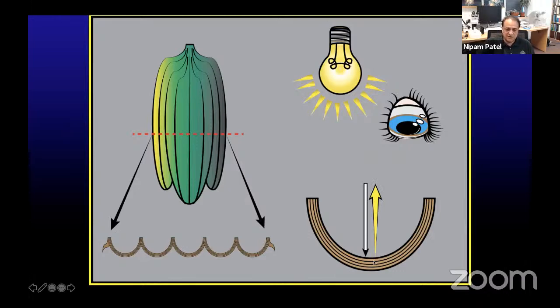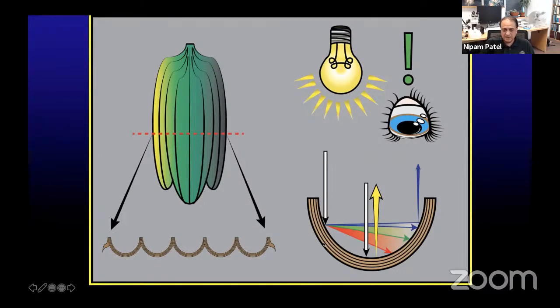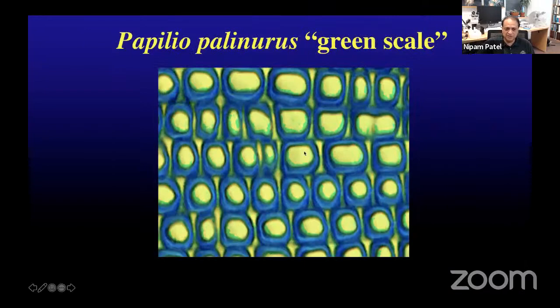But light that hits the edge of the dimple is seeing a different spacing between these layers. And so you get a retroreflection of blue light. So it's this yellow plus blue that then makes you see them as being green. Now, these dimples are only a few microns across, so you can't recognize that it's yellow plus blue. You just see it as a green color.